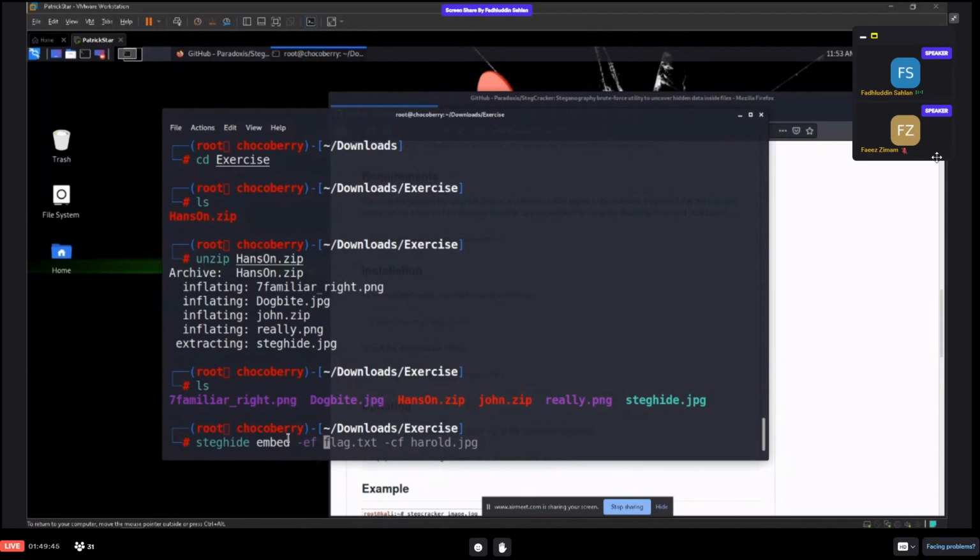Let's say I want to use a .jpg as the cover. Okay, let's create